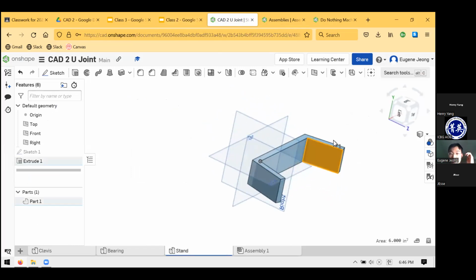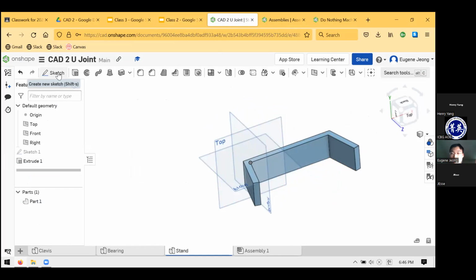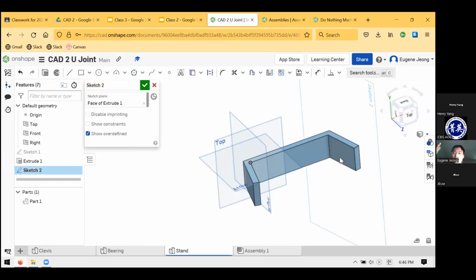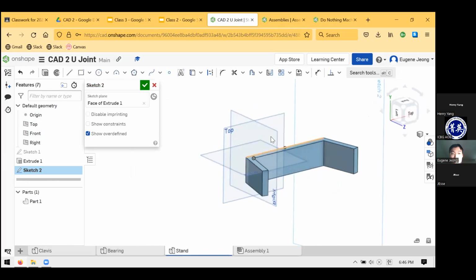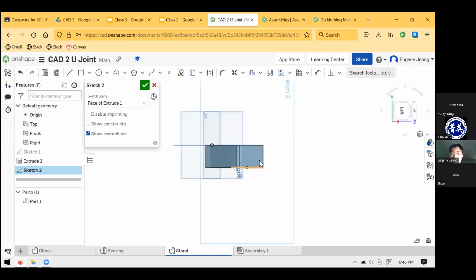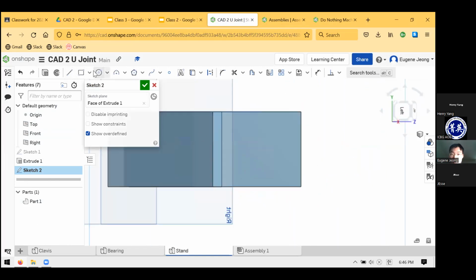So what I'm going to do, here's an example of what I was talking about. You can place a sketch on any flat surface. I can just place a sketch on this surface, even though it's at an angle with respect to my original coordinates. And then all I need to do, if you want to, you can just view normal to it,